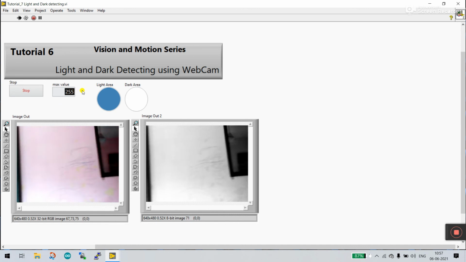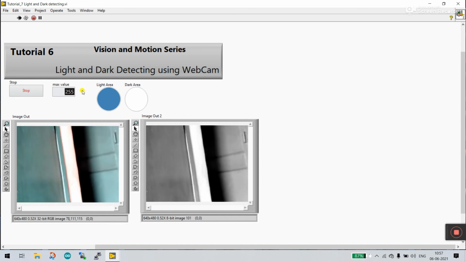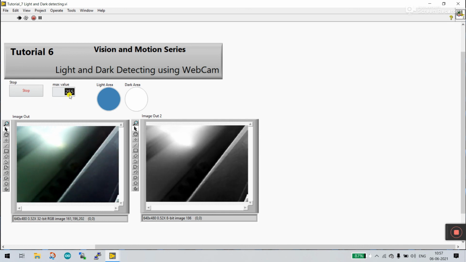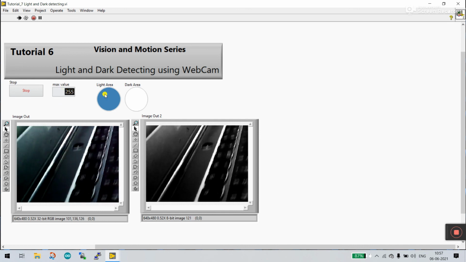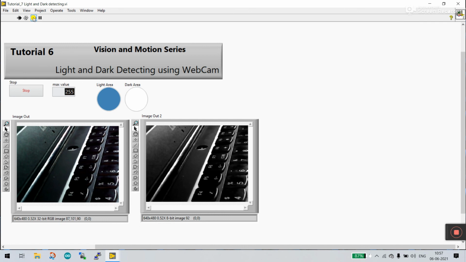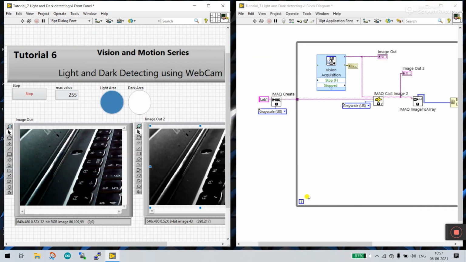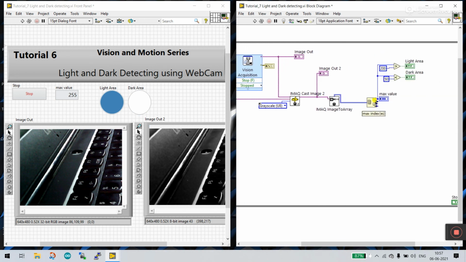With the help of this you can modify as per your requirement. If you need to change the value, like if the value is greater than 150, then your light is on. Press Control T. You can do more modifications, like display a string: if the value is greater than 200, then give some message that your area is light, normal or dark. As per your requirement, you can do this.